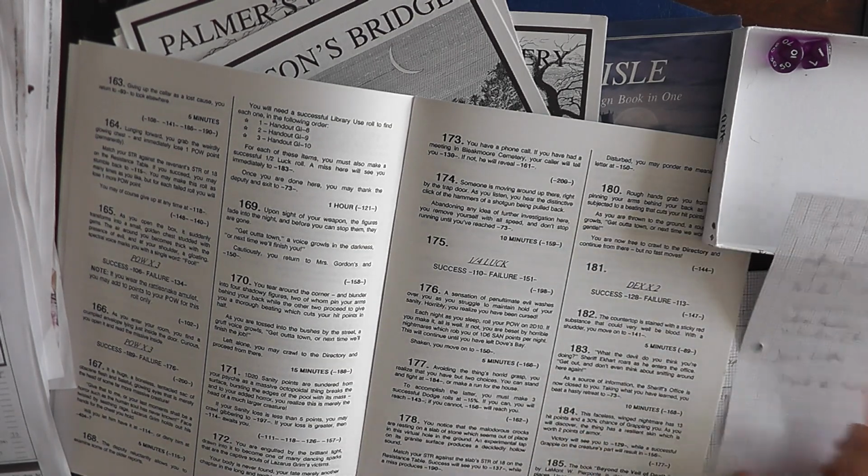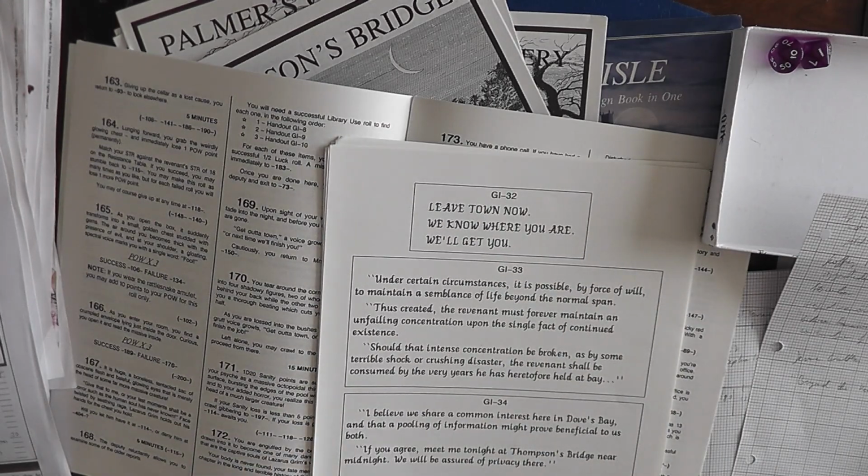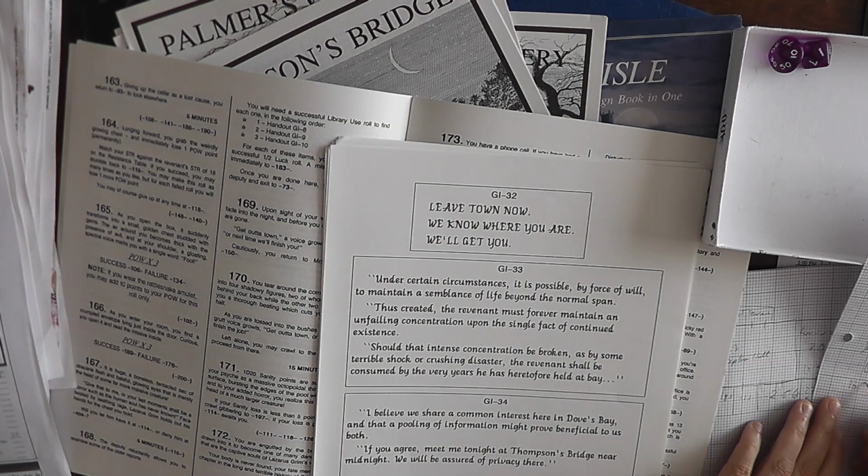Under certain circumstances, it is possible by force of will to maintain a semblance of life beyond the normal spell. Thus created, the revenant must forever maintain an unfailing concentration upon the single fact of continued existence. Should that intense concentration be broken, as by some terrible shock or crushing disaster, the revenant shall be consumed by the very years he has heretofore held at bay. So, to become...